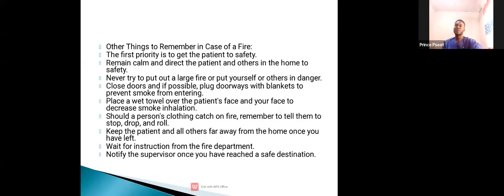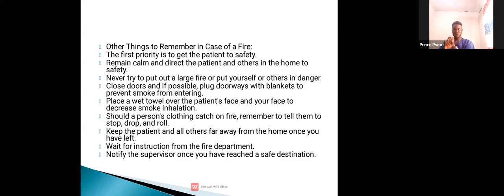So another thing to remember in case of a fire is this. The first priority is to get the patient to safety, remain calm, and direct the patient and others in the home to safety as well. Then you should never try to put out a large fire or put yourself or others into danger. Close the doors